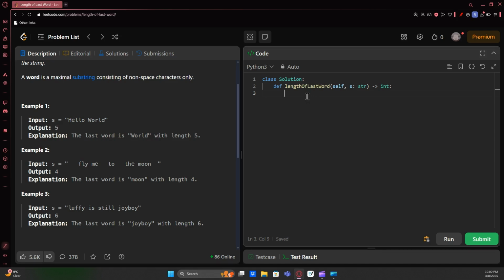So we can make a list, which is s.split. So s is the string that we're given. So s.split will automatically create a list. And we want to get the last element of that, so we can do -1. And finally, we need to return the length of that element. So we can do return len of s.split